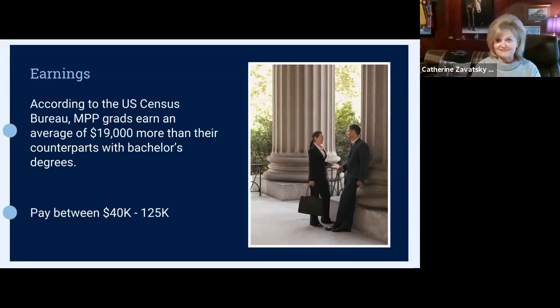And while that feels like a very broad range, it's really very specific to what sector you decide to go into. Do you want to go into the not-for-profit world, or do you want to go into the for-profit world? There's just a broad range of opportunity across all of those. But the good news is that there is great earning potential, and I suspect that with such an interest, even more so now in public policy with everything going on around us, that demand will only continue to increase, as well as those ranges.